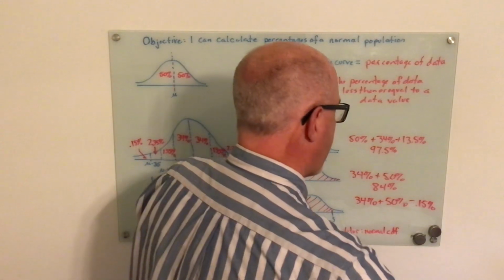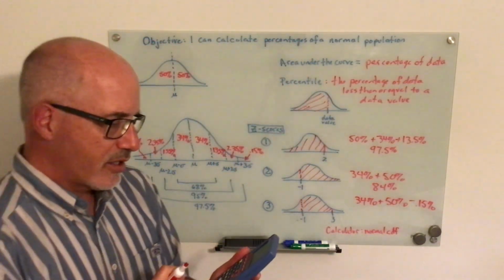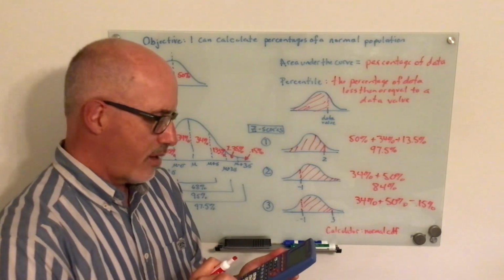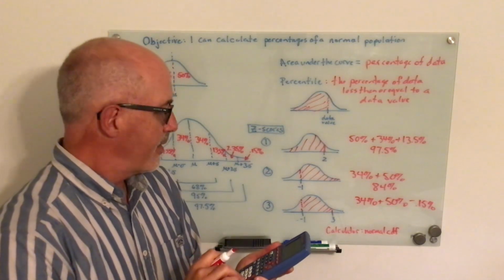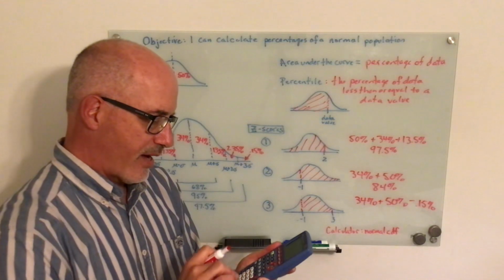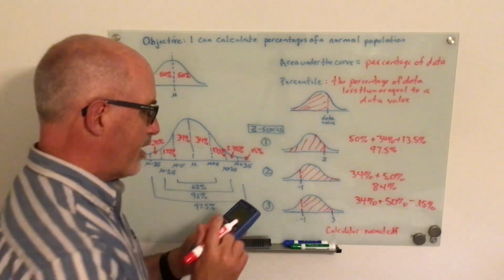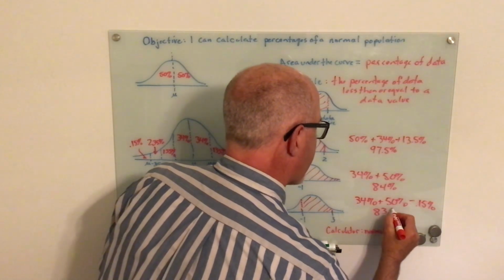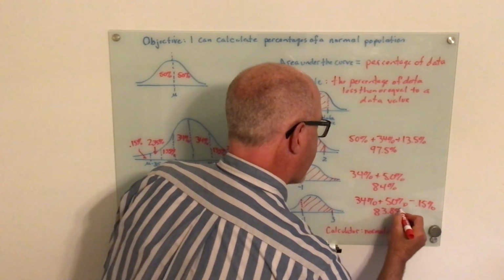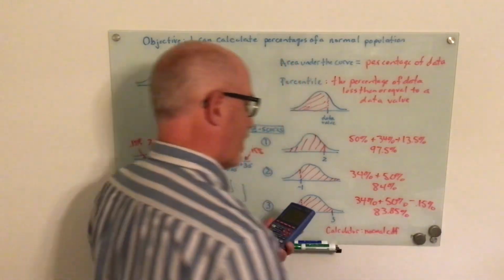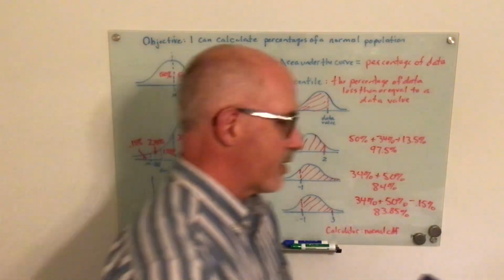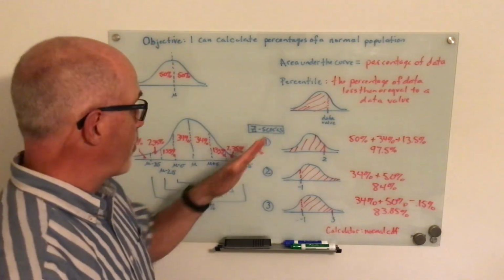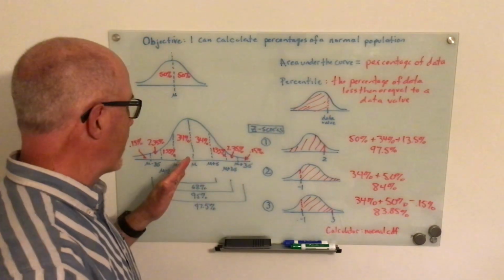So let's see what we get when we do those. So you're adding regions on. In this case, I'm going to subtract a small region off of it. So 34 plus 50 minus 0.15 gets me to 83.85%. So this is how you do it using the z-scores and the typical ones we know of 1 standard deviation above or below,